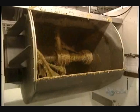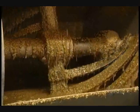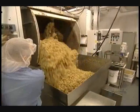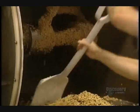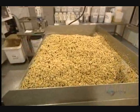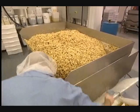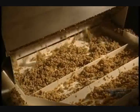This kneader mixes the ingredients: oat flakes, rice, and syrup. The preparation is mixed twice a minute. When well mixed, the preparation is poured into a large container. They will now proceed with the molding of the bars. The contents of the bin are emptied onto a conveyor,